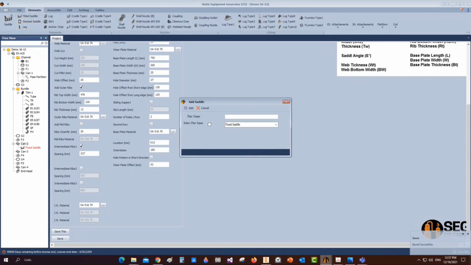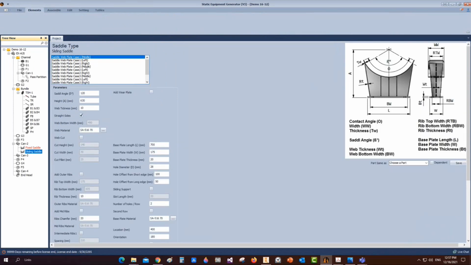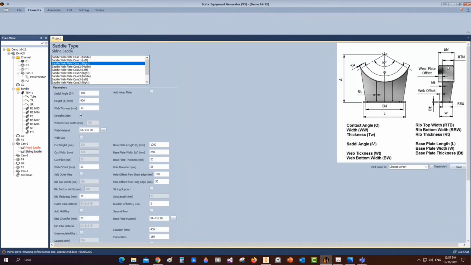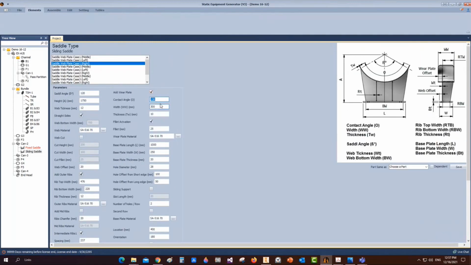So from here, let's add the sliding saddle. For this sliding saddle, the web location is on the right side. So we will select this type, which is the saddle on the right side, and define the dimensions, the web thickness, and add outer ribs. Here it's 20 millimeters, the 476 22, and the spacing between ribs, and from here the wear plate and the width of the wear plate,